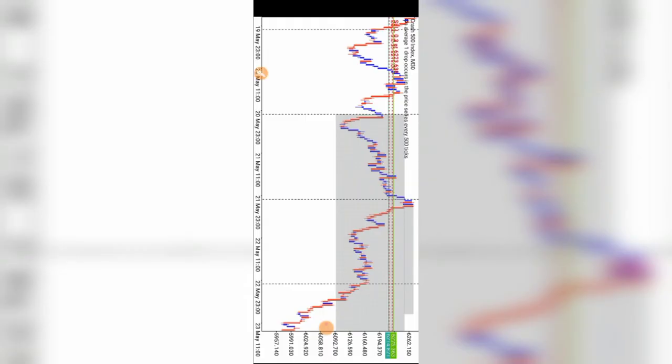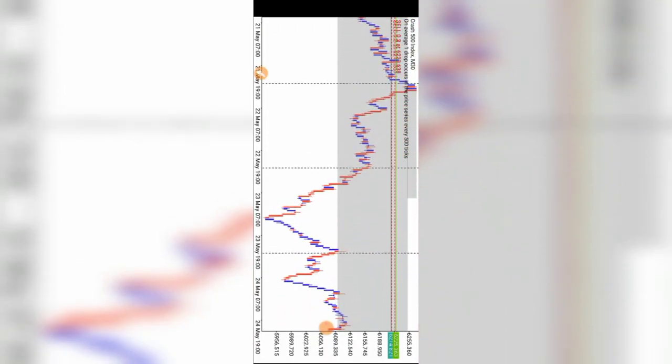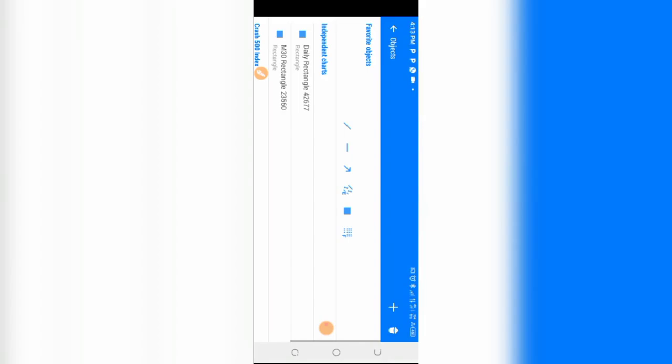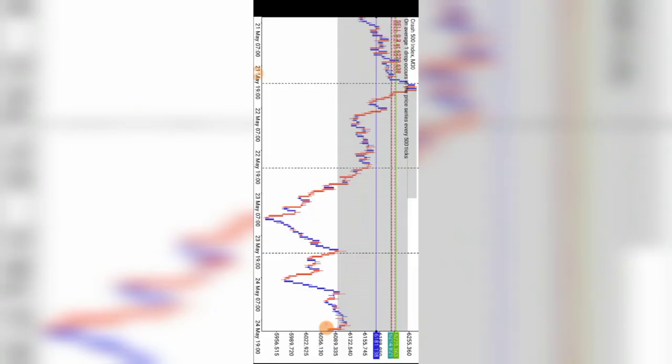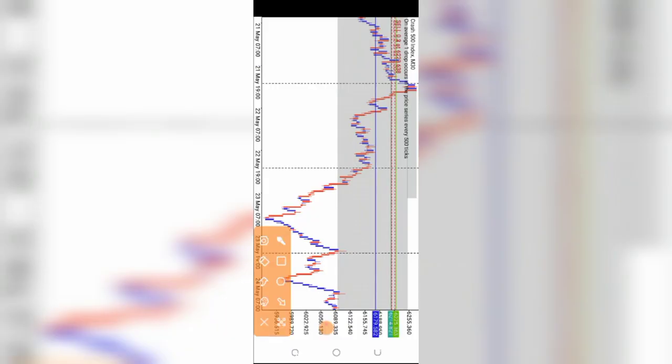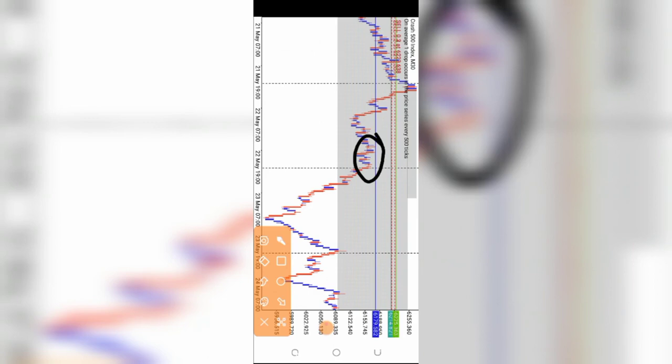In this accumulation now, for those of you that actually know about liquidity, I posted a video about liquidity. Now this is an equal low. Right, this is an equal low here. This is what we call an equal low. So market makers have actually engineered